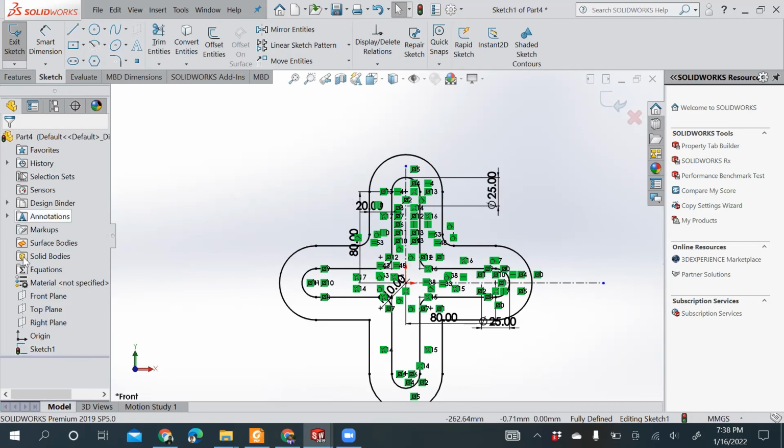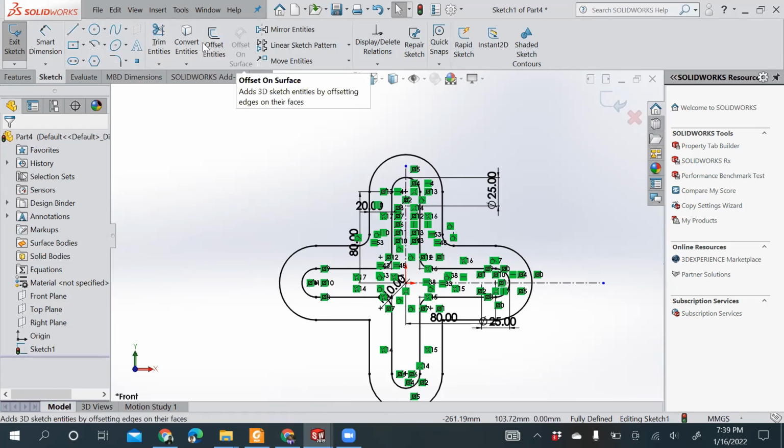So this particular left tree will always help you in figuring out whatever things you have been doing in your sketch module or in your feature module. And this particular toolbox only comes under the sketch module. So you have all the sketching tools here. This is the smart dimension which helps you in dimensioning. These are some of the sketching tools which will help you sketch your figure.